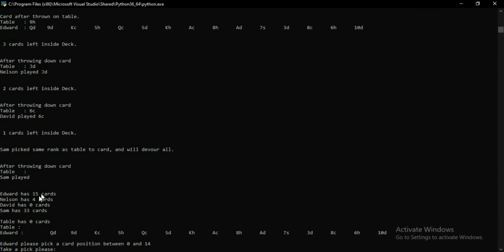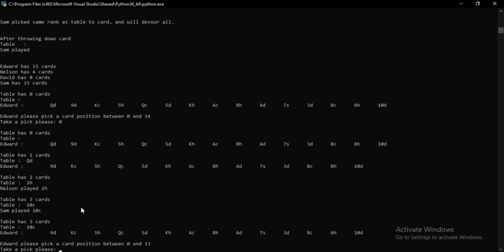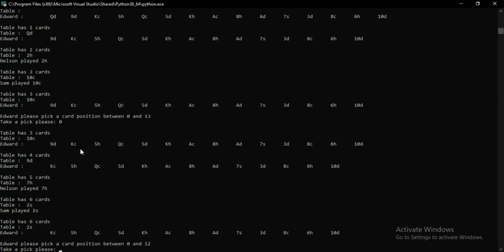Now my game is displaying quite well. Now let's play. Throw down D. Now at round 2. Let's see, table is 0 cards. Played Q. Table is 2 cards. Table top card. Next one played. Table is 3 cards now after saying played Queen of 10 of clubs. Table is 3 cards after playing. So I play 0. So as you can see, it's now displaying quite well because I cannot see